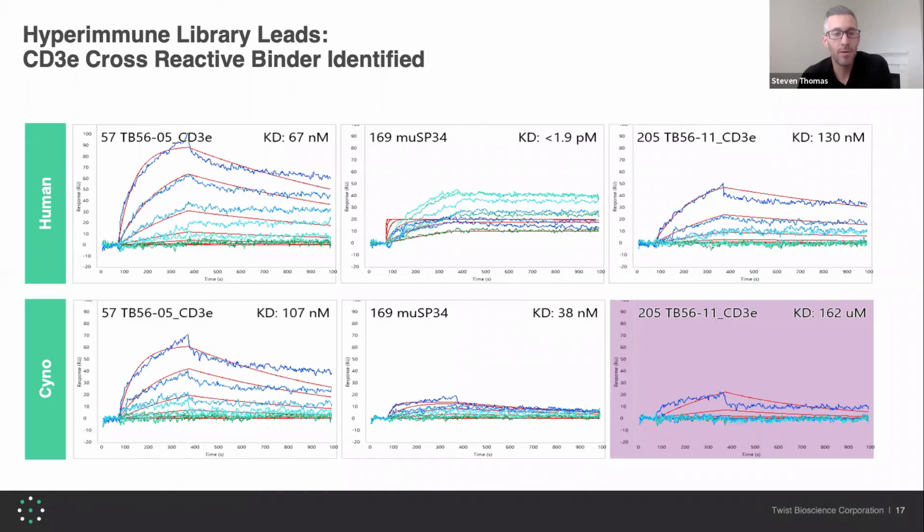So how does it work? Quite well, actually. So we've panned this library against many, many targets, of which I'll show you just a couple today. So one is CD3. As you may know, identifying human cyno cross-reactive antibodies is often a desired characteristic of antibodies coming out of discovery campaigns, but it's typically difficult for a CD3. And so listed on the far left here, we have an example of an antibody that was discovered straight from this